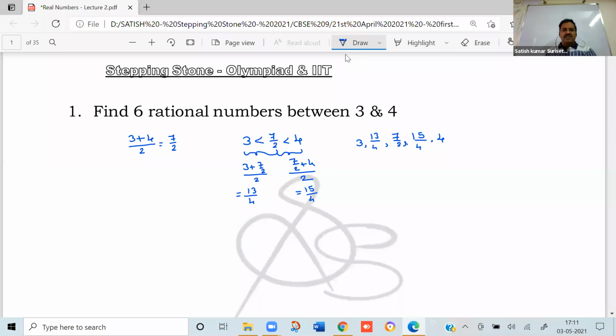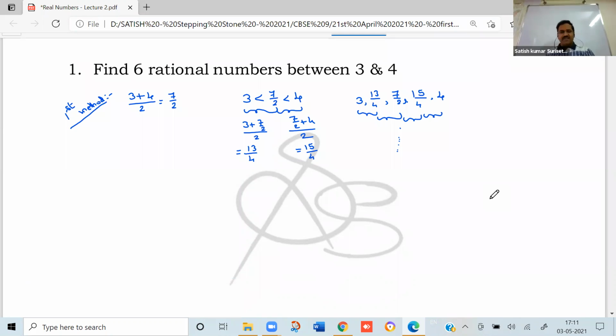So totally now we got 3 numbers between them, and what we want is 6. So again, you can take the average between these two, or these two, or these two, and these two. Go on, proceed by taking the average, and whatever the required number is, you can get it. This is the first method. Have you understood the first method? You just write roughly only the calculation part. You write the notes later.